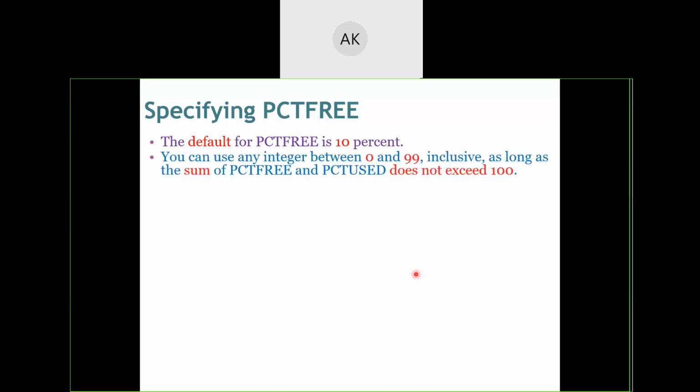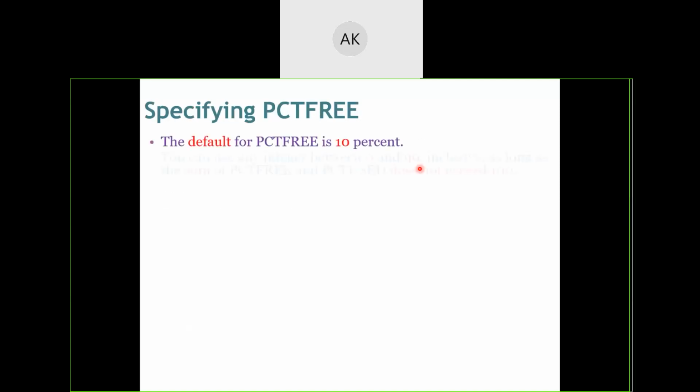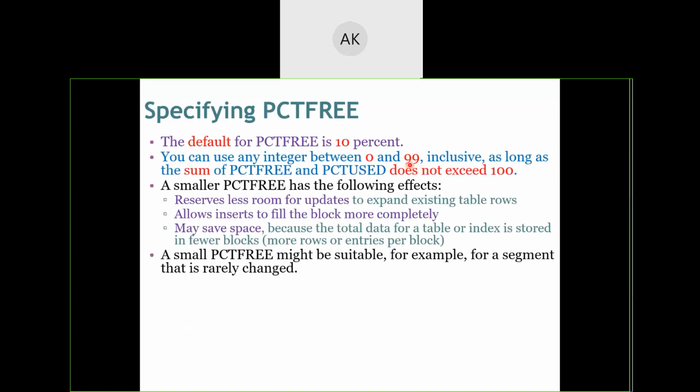You can specify any value between 0 and 99, but you cannot use 100 because some amount of space is also required for storing your schema definition. Some space should be left as a margin for the other data blocks to be there. For all those purposes, you cannot go for 100%, you can go from 0 to 99.